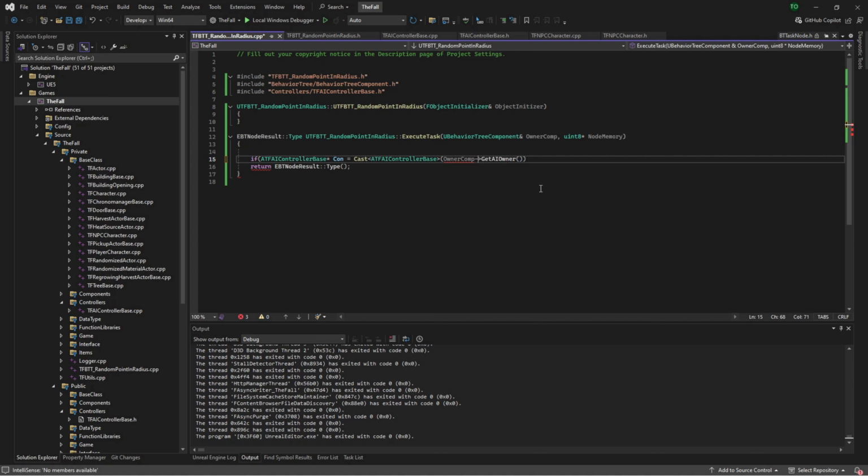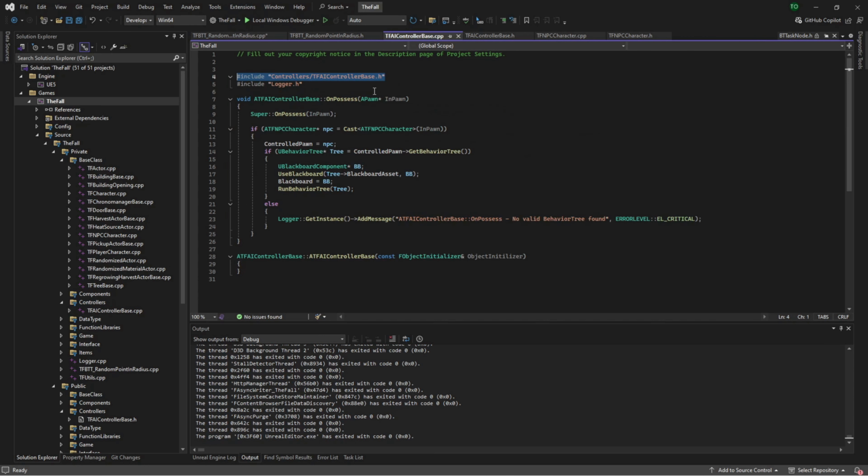Oh, no, it's not a pointer. Sorry, that's half my issue here. Get AI owner. Yeah, it was. It's just because I was thinking it was a pointer. I'm missing a brace, that's why. So what we're doing here is, if we can get back to our AI controller, which is our AI base